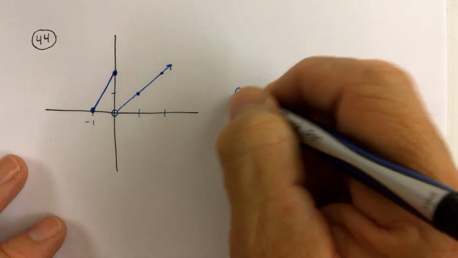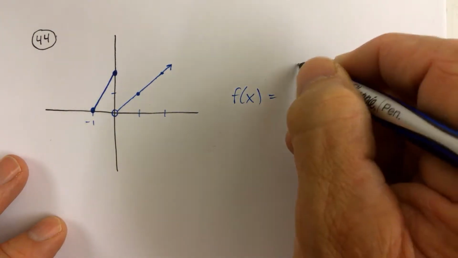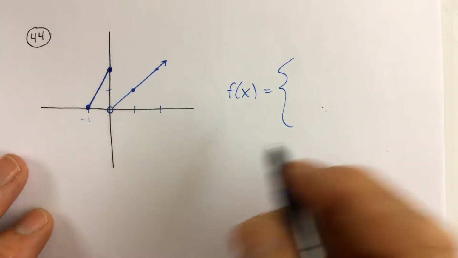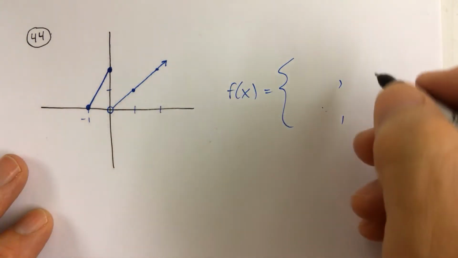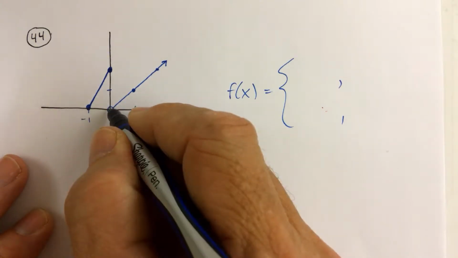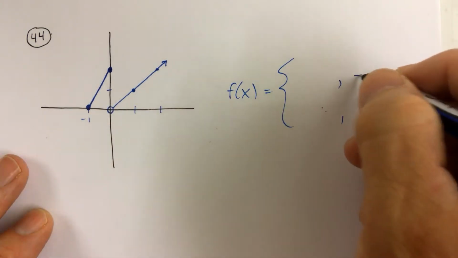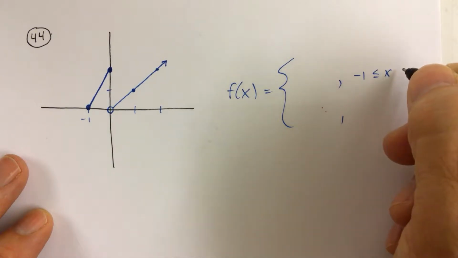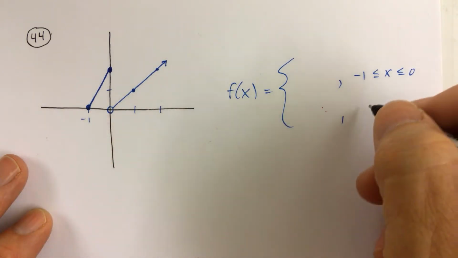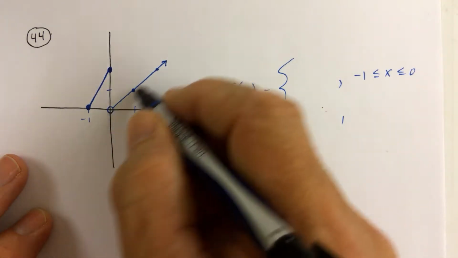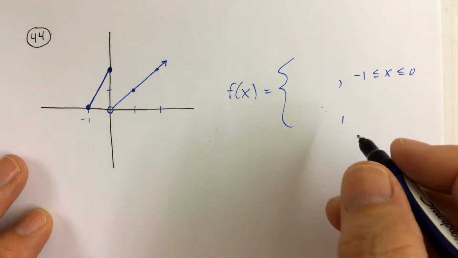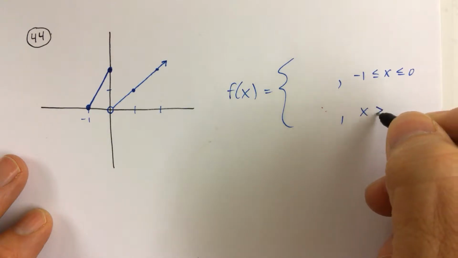For number 44, just like number 42, we're going to be defining a function f of x piecewise that you can see graphed here. So the first thing we recognize is that there are two pieces, two domain restrictions, and so the first piece is defined over the domain from x equals -1 to x equals 0. The second piece is defined, you can see that it starts at 0, but it goes with that arrow there. It means it continues forever to the right, which means for all x values that are